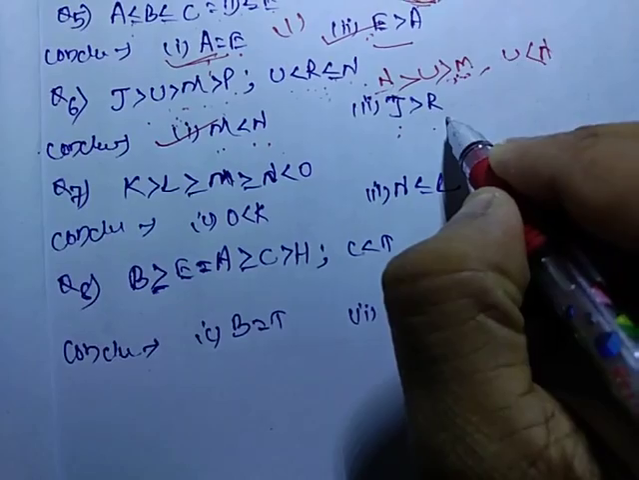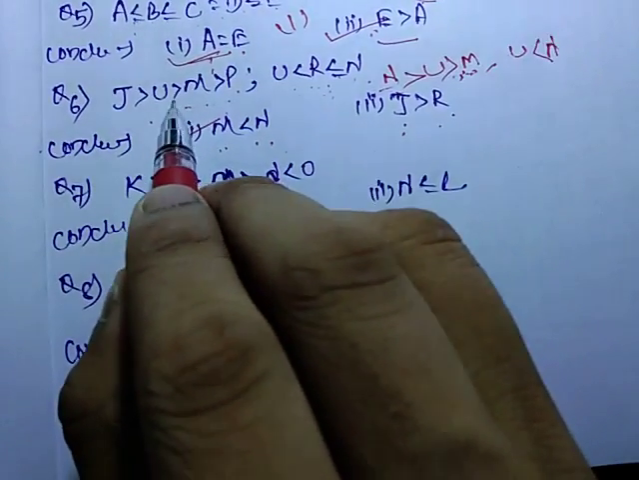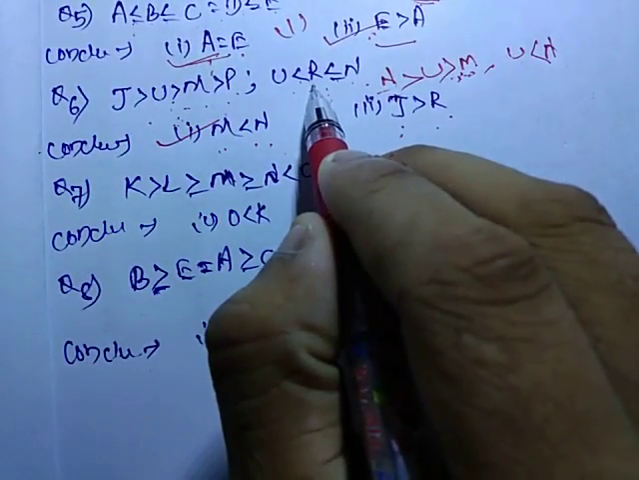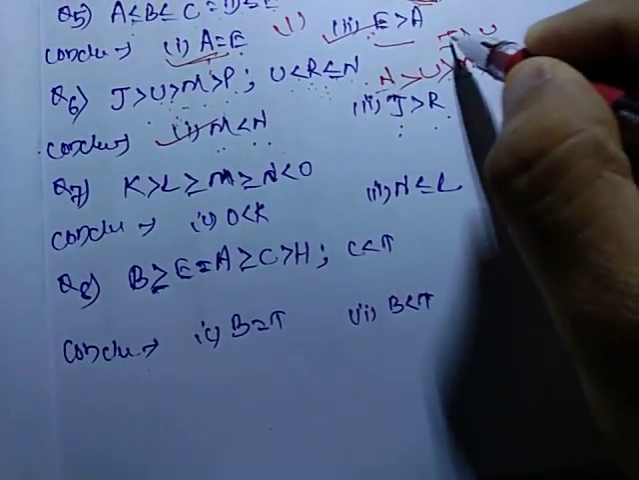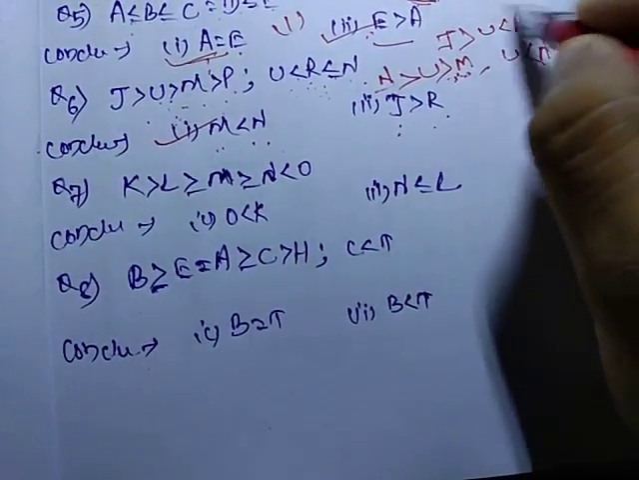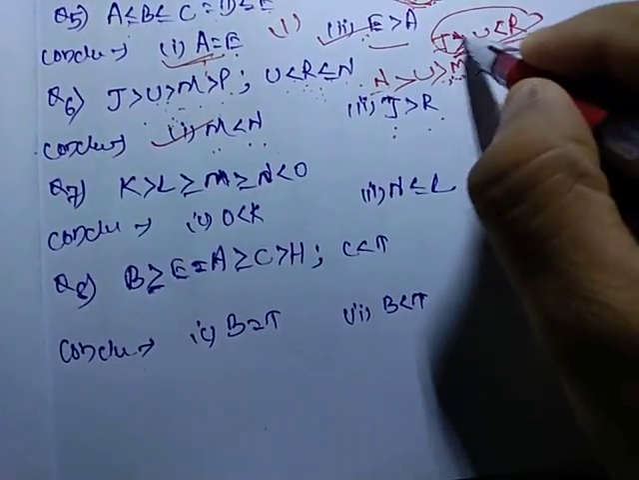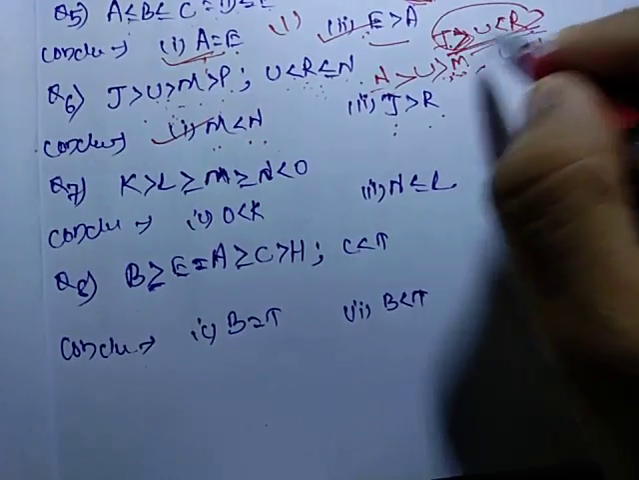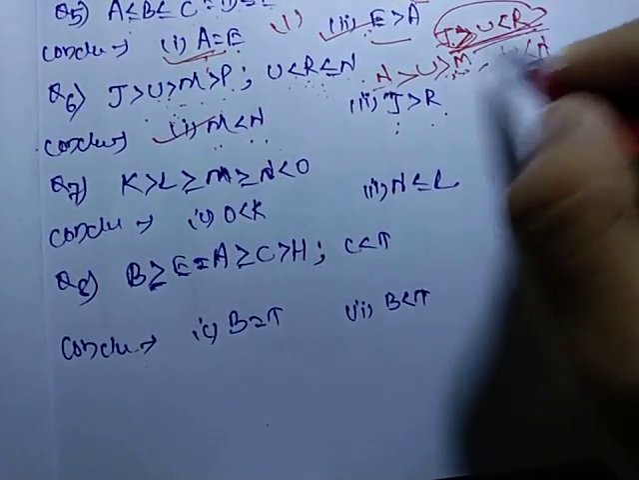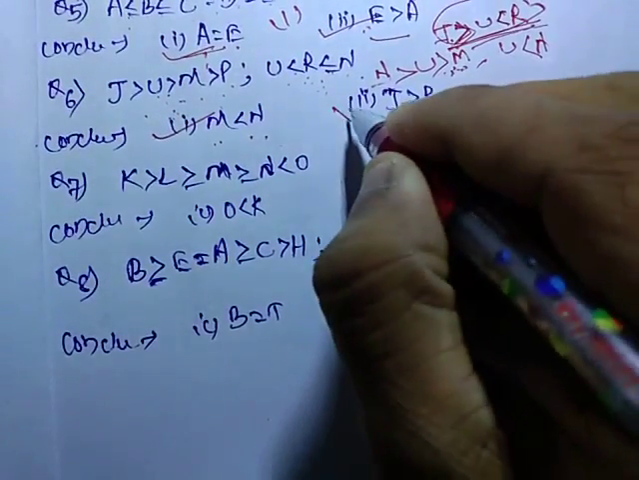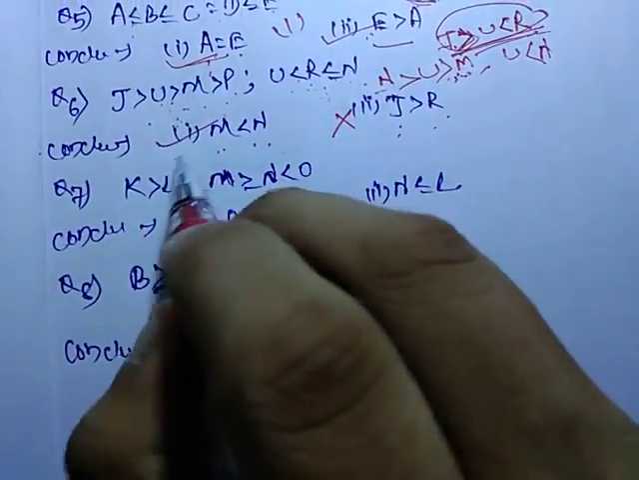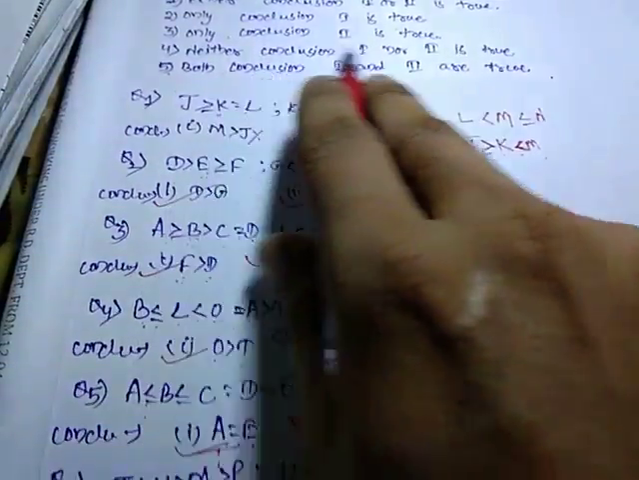And now j is greater than r: true or false? As u is less than r, directly putting j is greater than u and u is less than r, no conclusion can be obtained because of the opposite signs in the given statement between two related variables. So this conclusion is false. So our option number, when conclusion 1 is true,